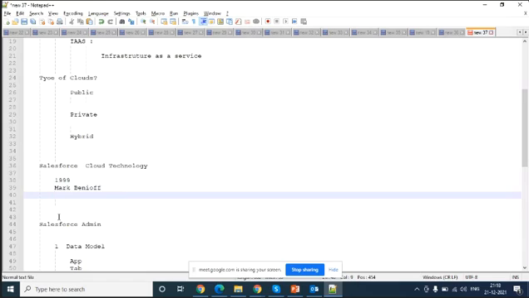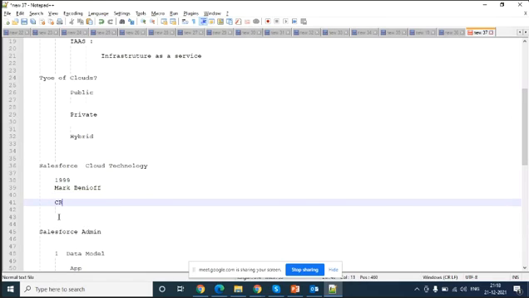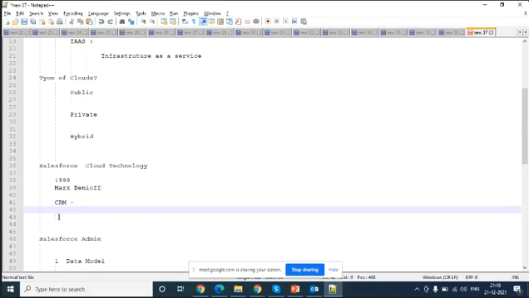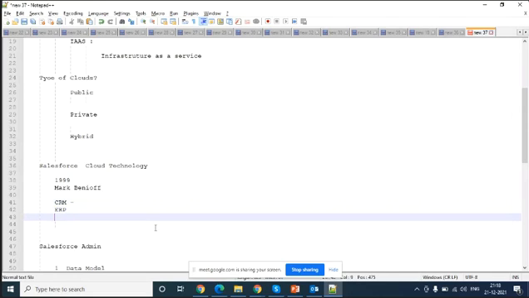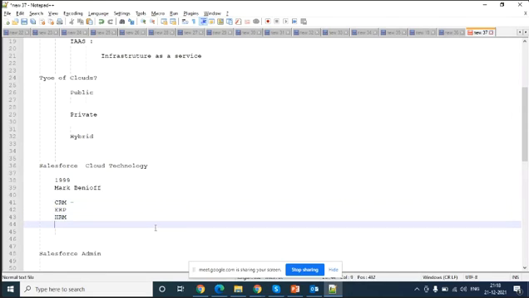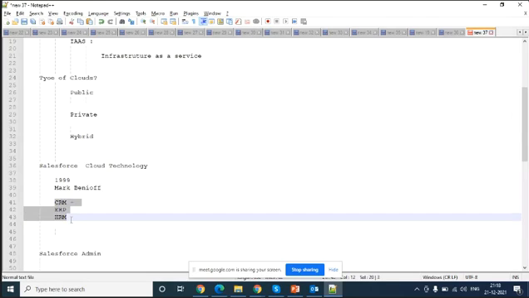Initially, these people started a concept called CRM. In the IT sector, the main huge modules we can say are CRM, ERP, HRM. These are things that I mostly hear about, and they play a huge role.